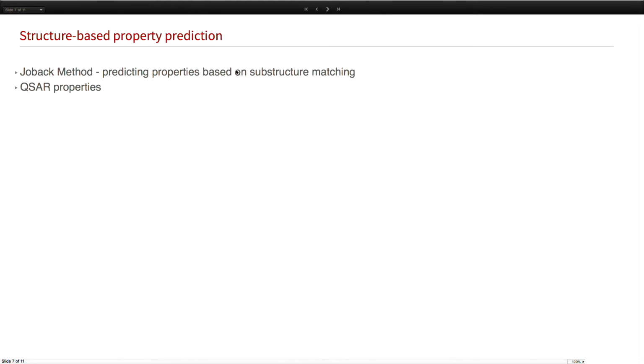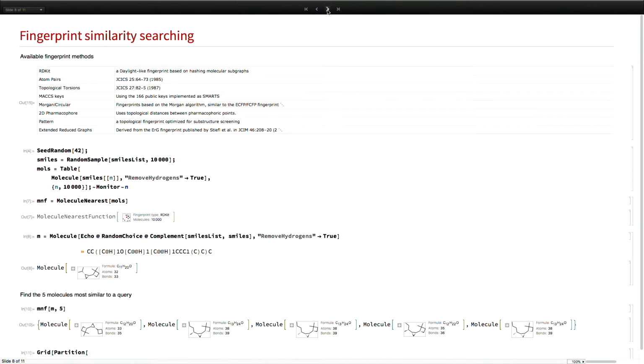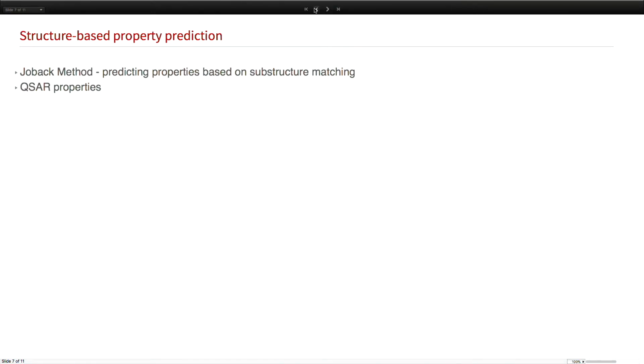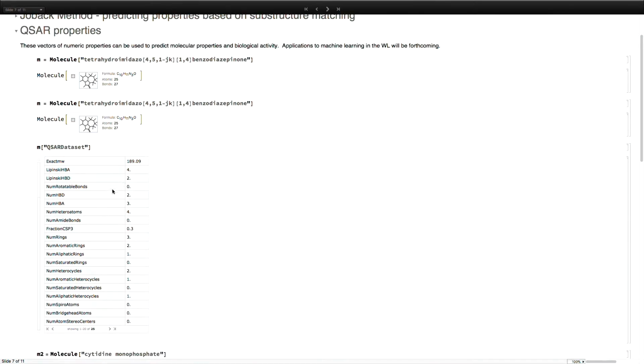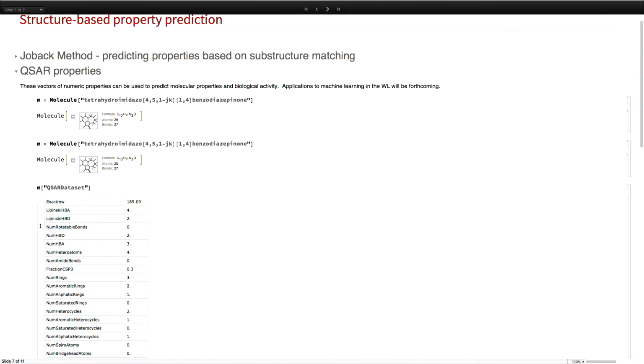Let's see, we could skip this because we're running out of time. Well, let's see, just show, you can query for QSAR properties, quantitative structure-activity relationship, which is essentially querying for a large number of numeric property values, and then these are used in machine learning applications to predict molecular properties or